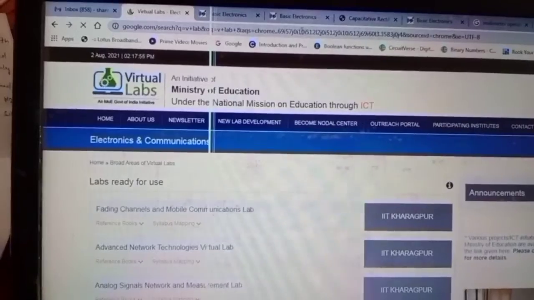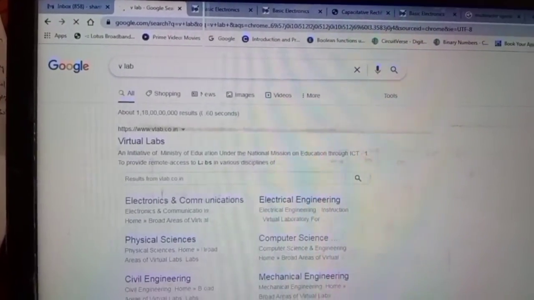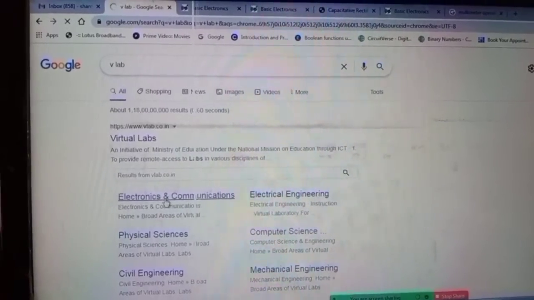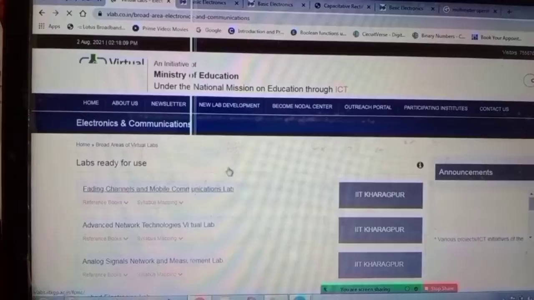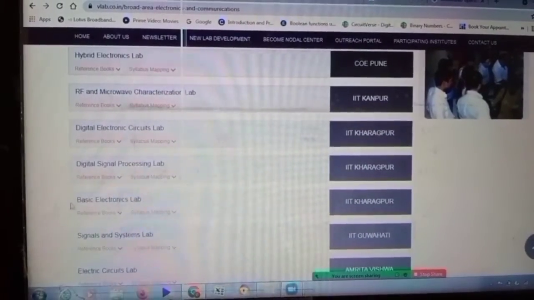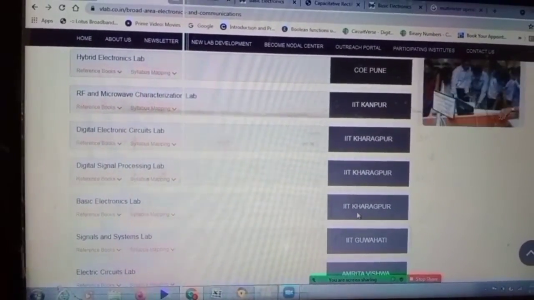In that, VLab will open one virtual lab. In that we have to select the electronics and communication tab. After that it opens some virtual lab IDs. Okay, go down and select basic electronics lab related to IIT Kharagpur. Okay, click on it.